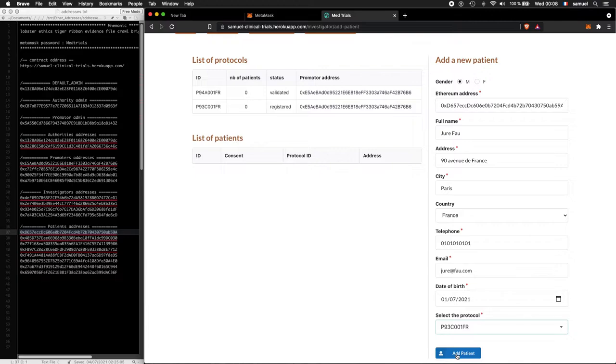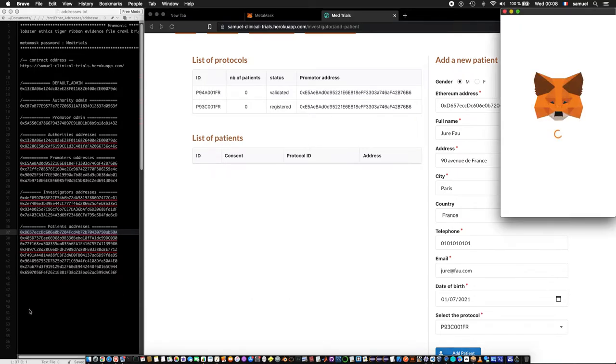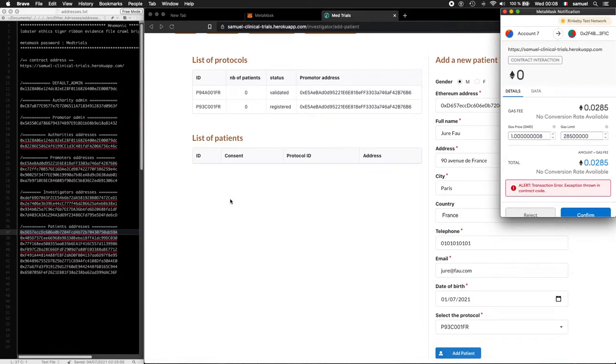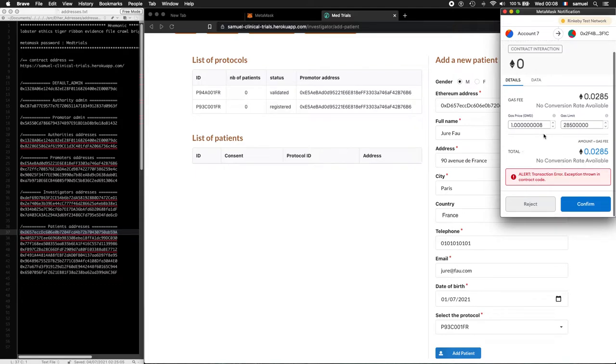So we cannot add new patient to this protocol or to this clinical trial, because the smart contract still needs to be validated. So click on add patient, and as you can see, the transaction has been rejected. So we got an error that says that there is an exception in the contract.